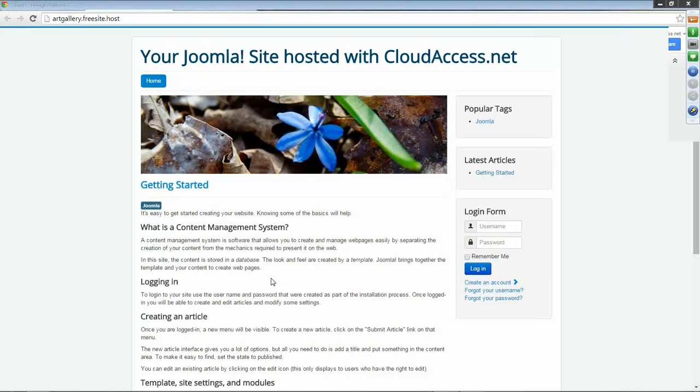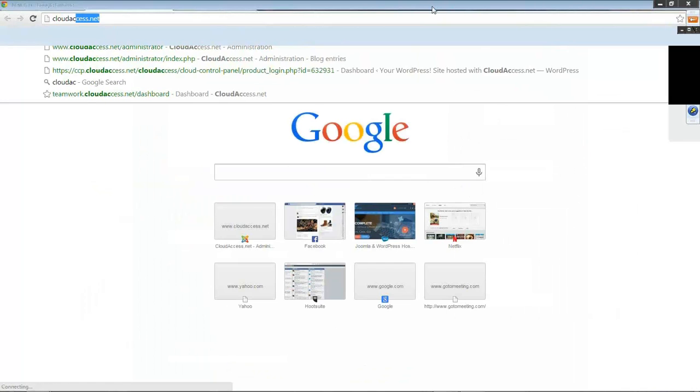Every template is different, and templates are even built on different frameworks. There are different grid systems for how many columns and the width of things, and a lot of different options for templates. If you go to the internet, you go to CloudAccess.net,